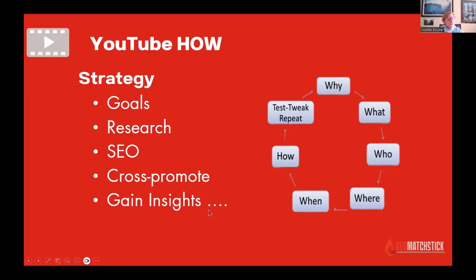You need to put the effort into cross-promoting across all your other platforms, embedding on your website, sharing to other social media channels, using the link in emails. You see, that's what's so great. You can share your video in emails just by sharing the link. You don't have to make an email heavy or try to send videos to anybody. Cross-promotion is a very integral part of your multi-channel strategy. People on one channel can find you through that channel on another channel.